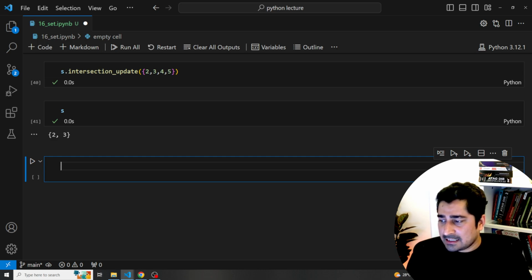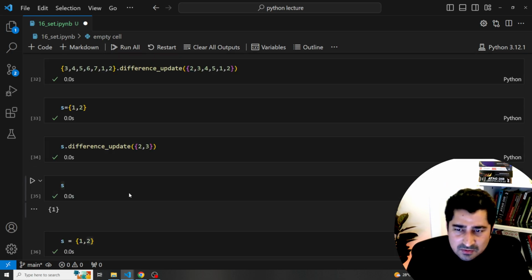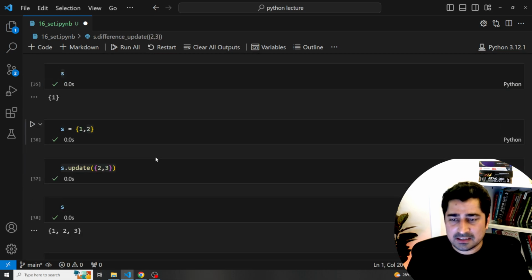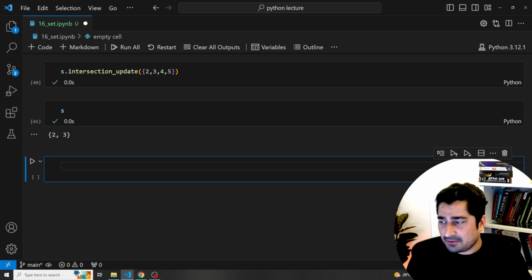Now there is something called difference update. Difference update, I think we have already discussed, right? There are so many functions. Yeah, difference update we have already discussed. So with the difference of the data, it will be able to update it. Now update is done, intersection update is done. Now let's talk about